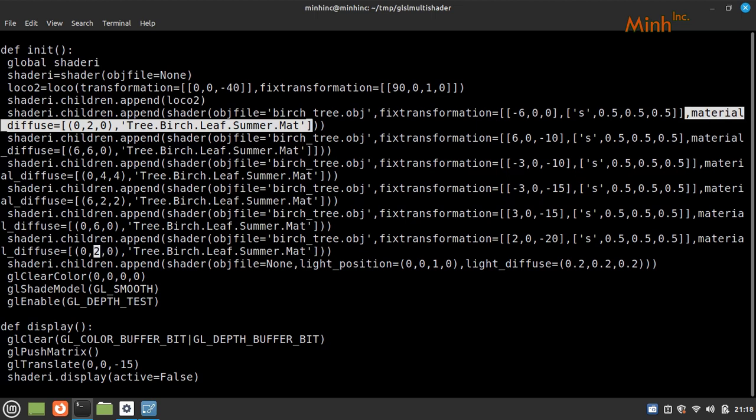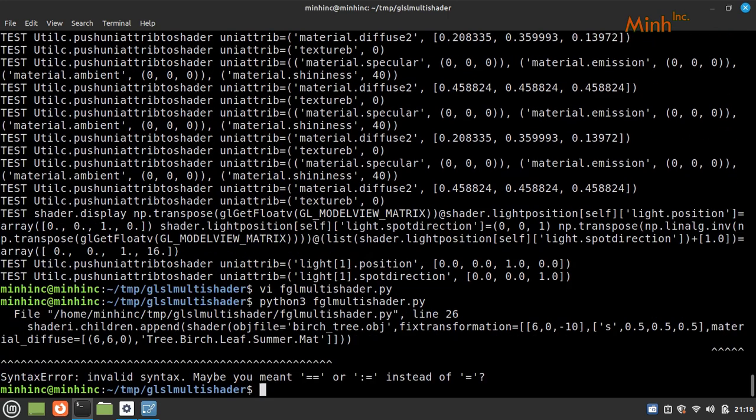Okay, this is the last one, so we'll make it kind of 6. Okay, so we'll try now. Material diffuse equal to